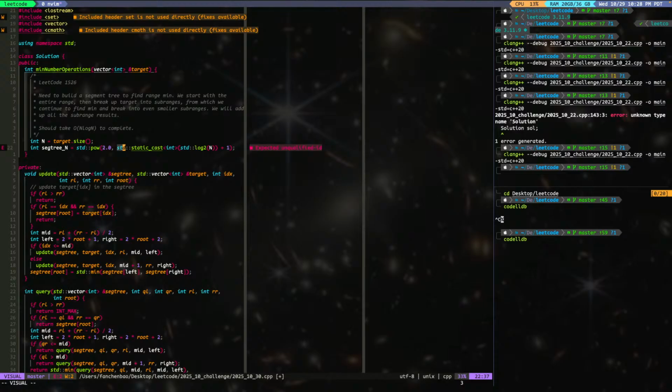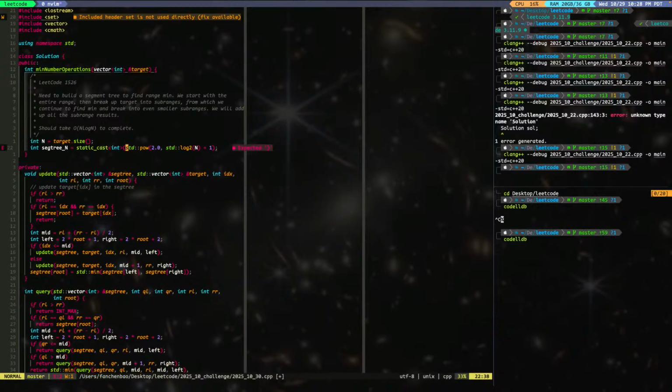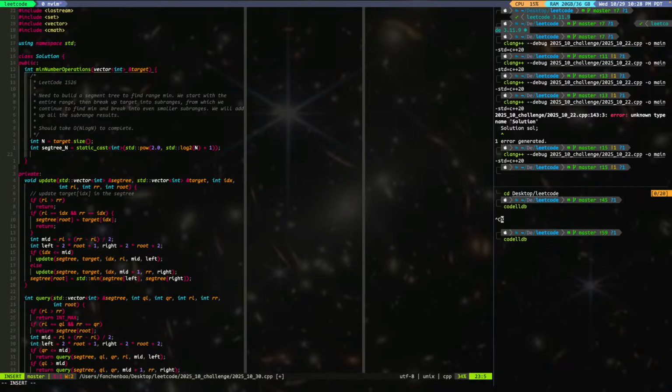Actually, I probably don't need static cast here. So 2 to the this plus 1 power. Now we take this. I don't know. Maybe it's right, maybe it's not. Yeah, that's all right. So now we can say vector int sec3